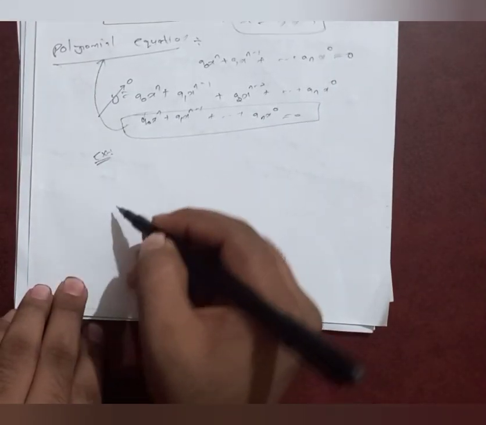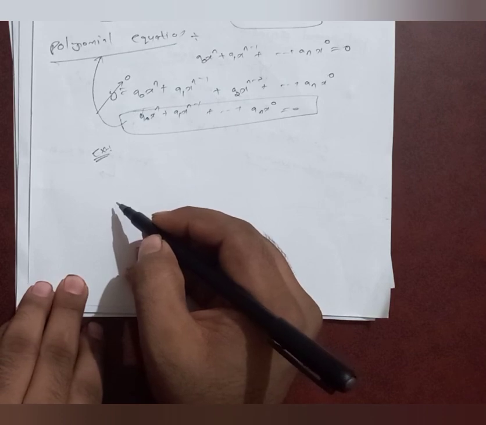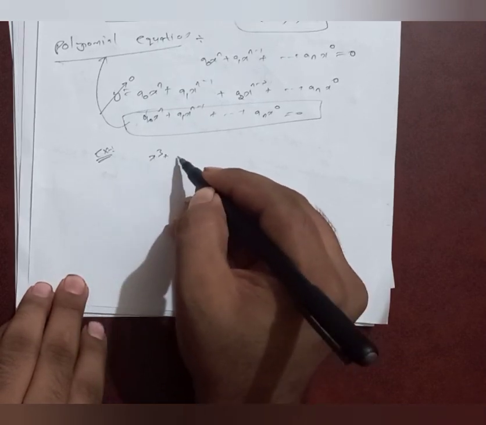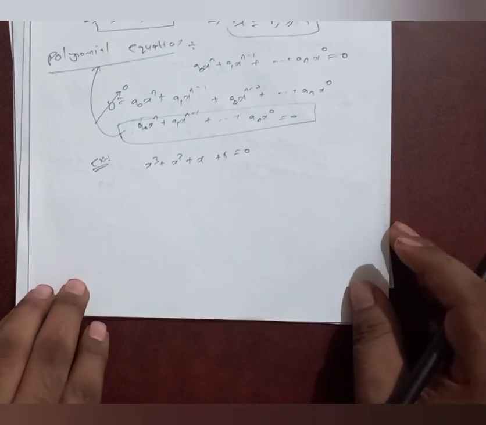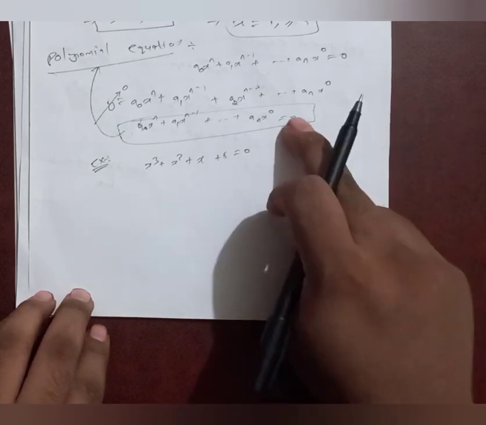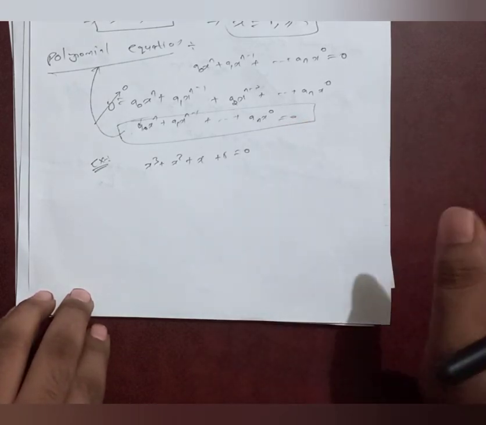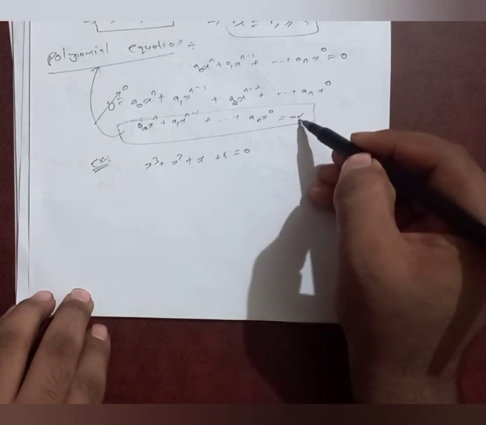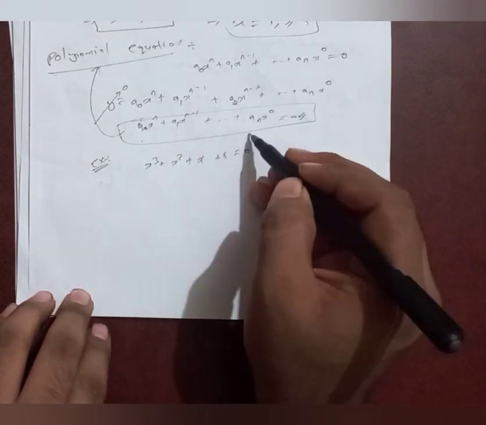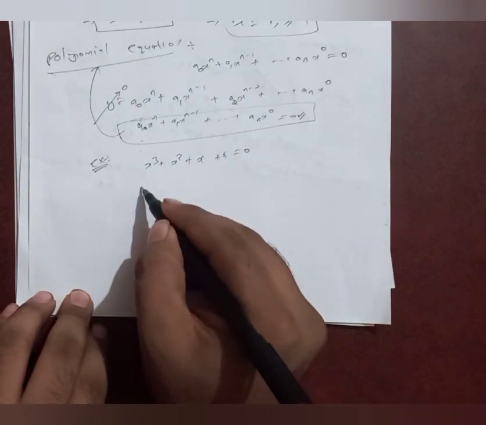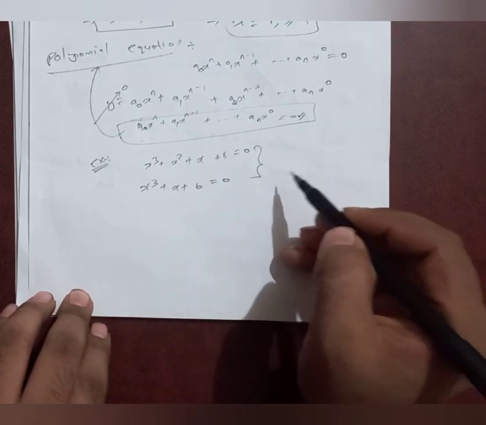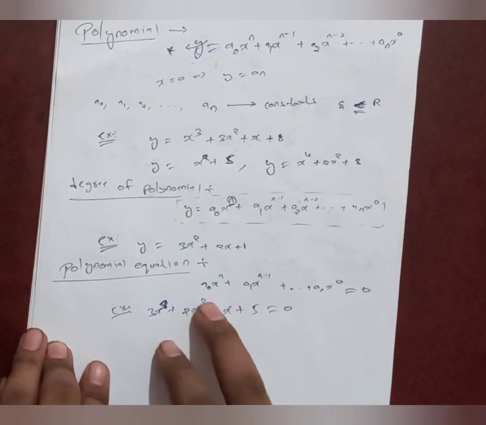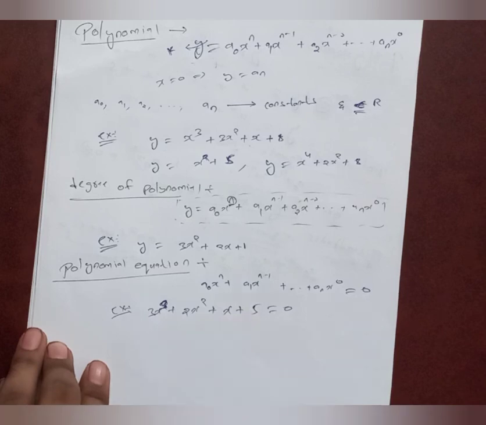For example, let us take x^3 + x^2 + x + 5 = 0. In a similar way, this equation is similar to a polynomial, but the only change is that the output will always be 0, and a0, a1, an are always any real numbers. So an equation like this is also possible. These are the examples of polynomial equation, friends. And the highest power of x in a polynomial equation is known as the degree of the polynomial equation.